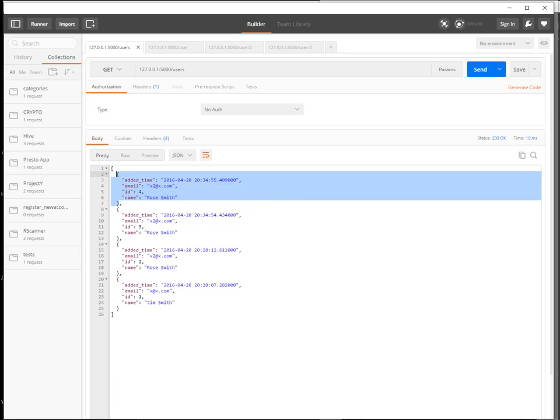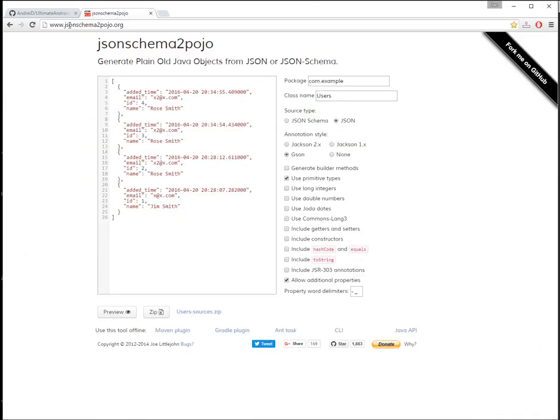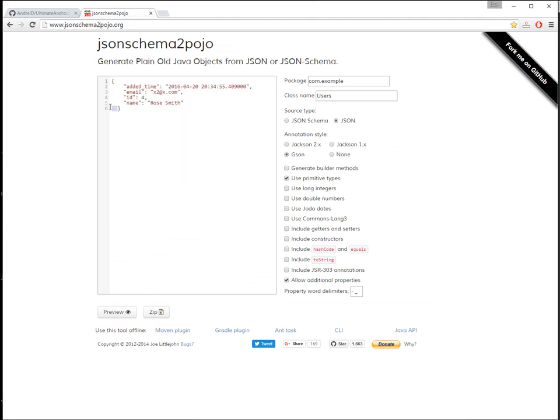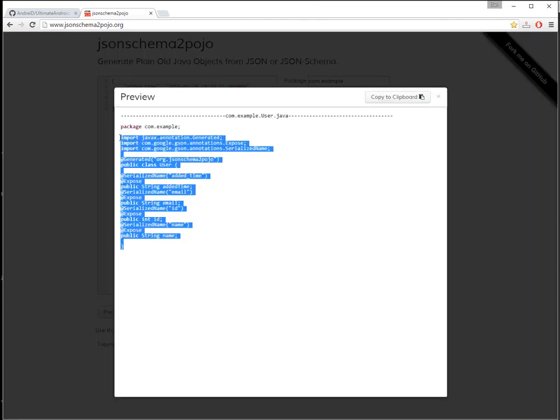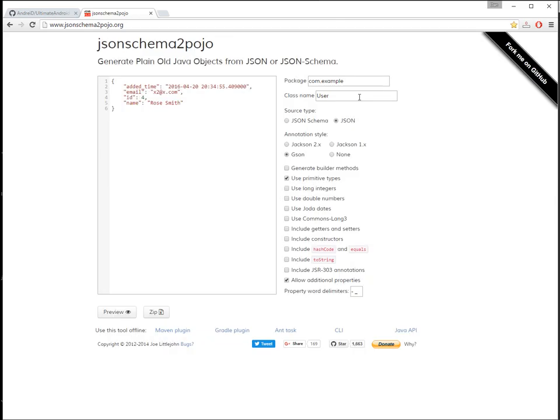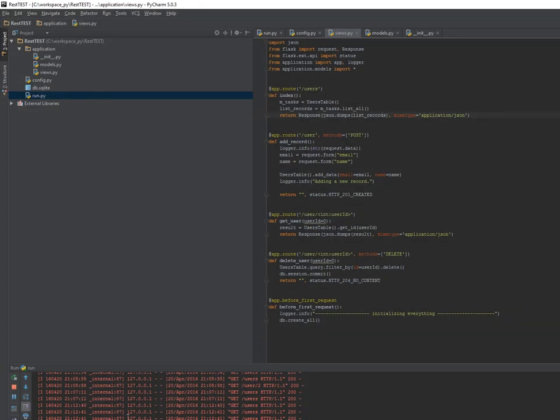lots of stuff here, is to go to JSON schema to POJO, paste here your code, and let's say I want to name my class User, doesn't matter the package name. Select JSON, and use primitive types, allow additional properties. You only need this. Click generate, and it will generate for you a class with the name User, and we are going to